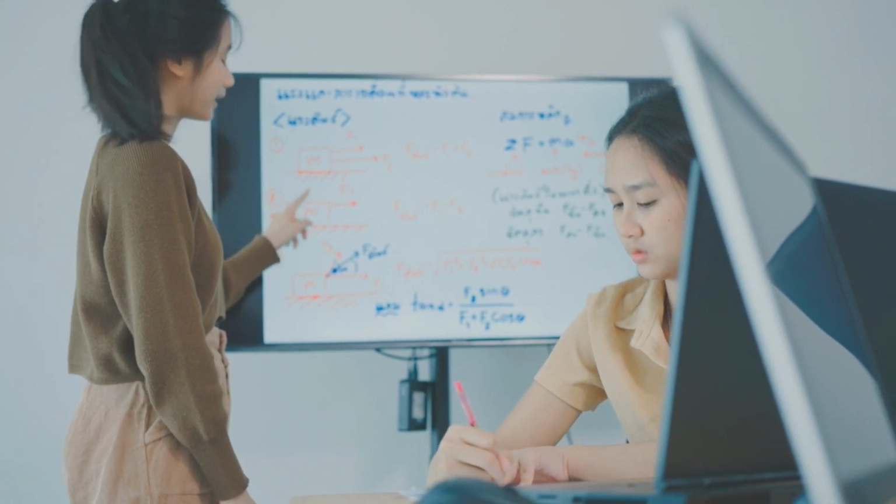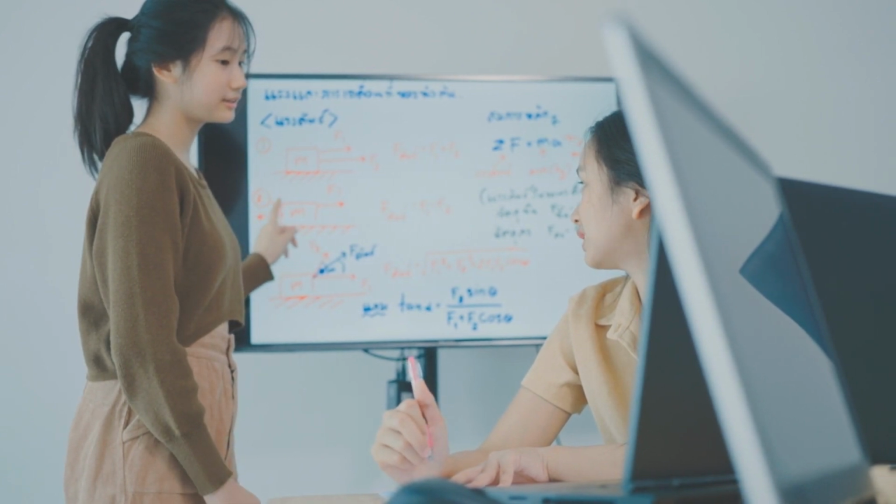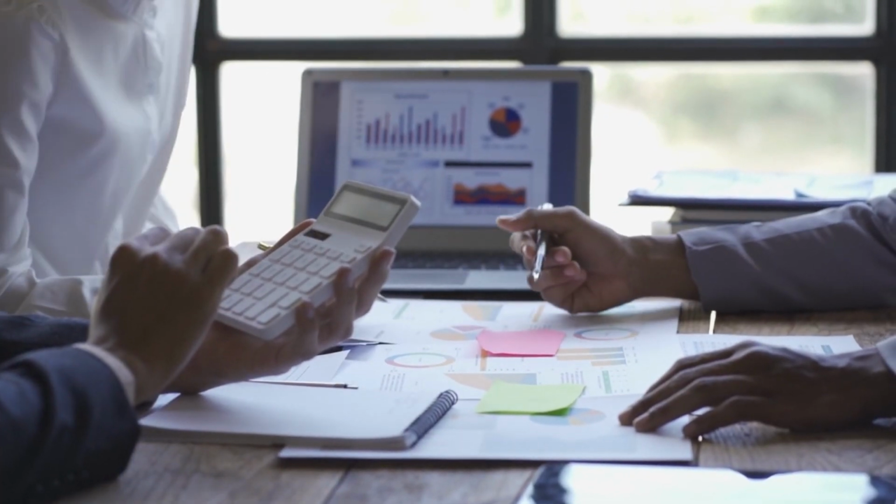More importantly, effective risk management helps institutions avoid catastrophic losses, the kind of losses that damage capital, reputation, and in extreme cases, lead to failure. Finally, risk management improves decision-making. When risks are properly identified and measured,